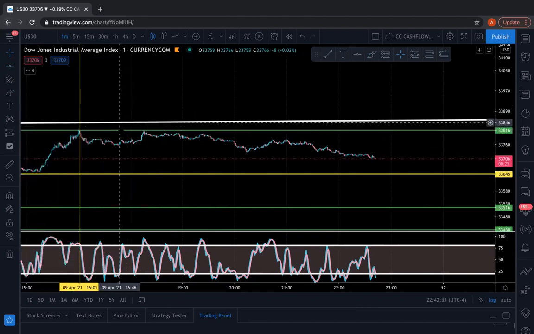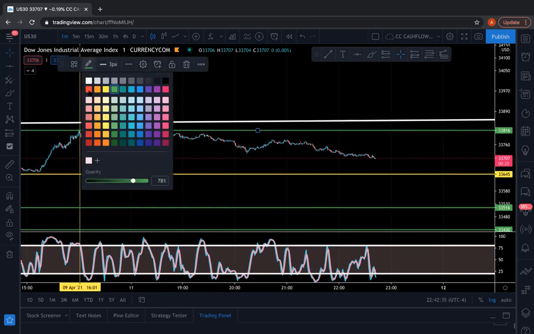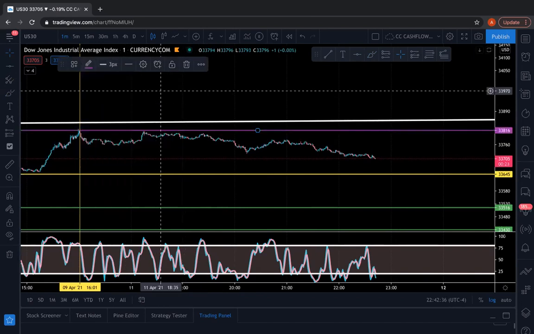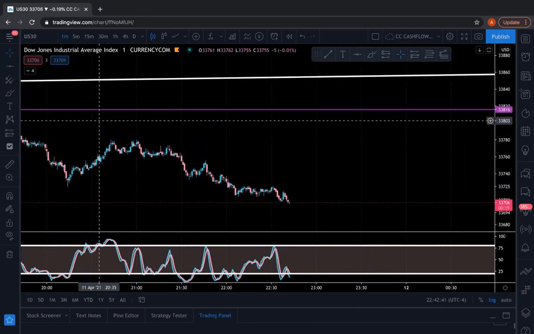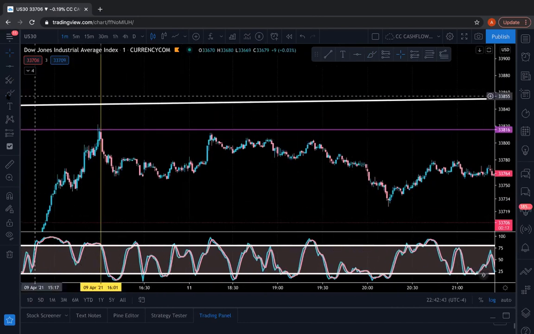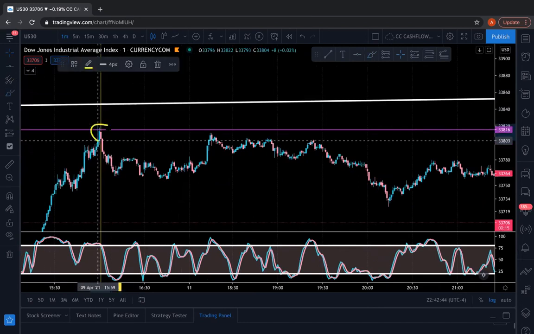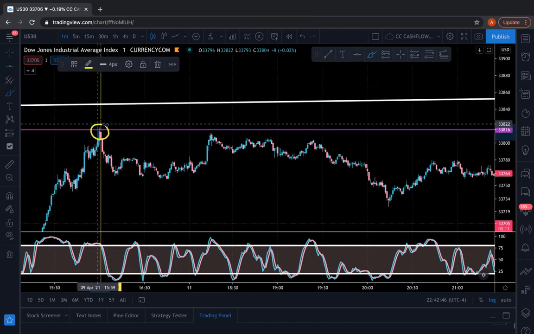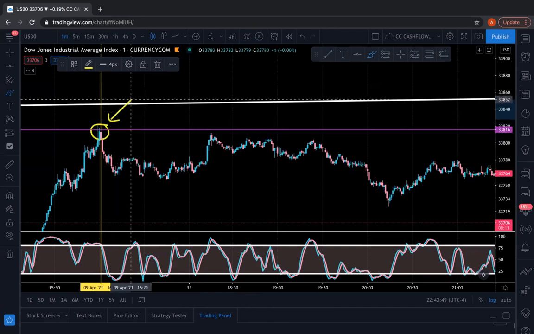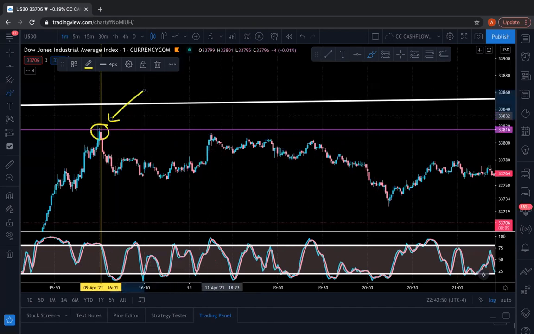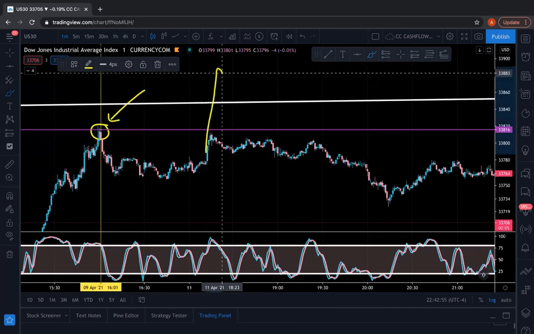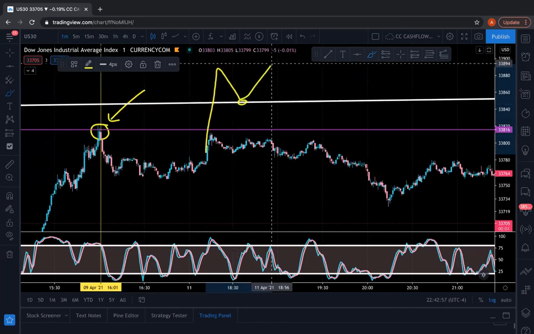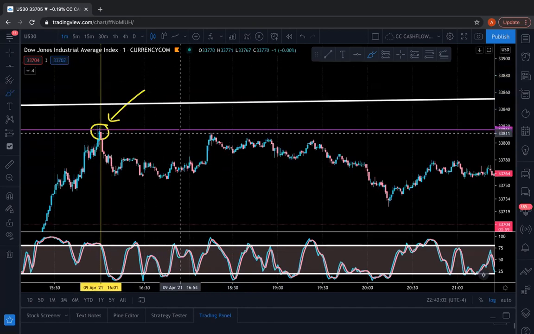Boom. Where this green line is, let me see if I can make that purple. Okay. Off the 1 minute time frame, I already know that I'm looking for a sell opportunity. But I see that this is not trying to break this higher high right here. This is the high that we're expecting the market, if it's going to continue to buy, it's most likely going to go like that, then go back up, then try to retest and continue up. But it did not give us that type of movement. Instead, it kept on